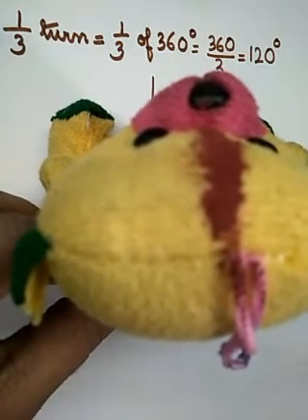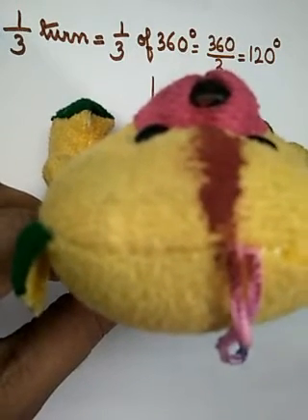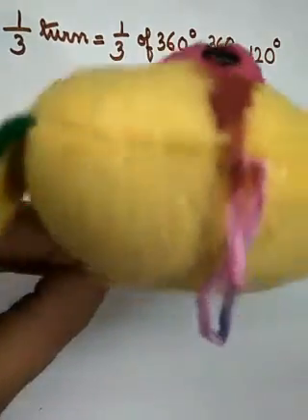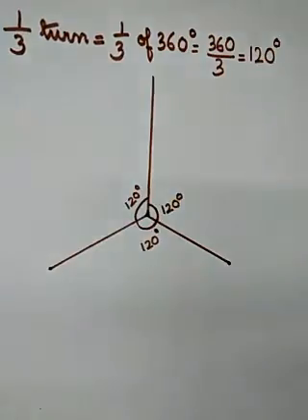Okay, so 120 डिग्री कितना बार आने से फुल टर्न होता है? 3 times. Is it clear? So now children, this is 1/3 of a turn. So 1/3 of a turn, when you will be given pictures in the same way, you will have to see whether 1/3 turn is correct or not.